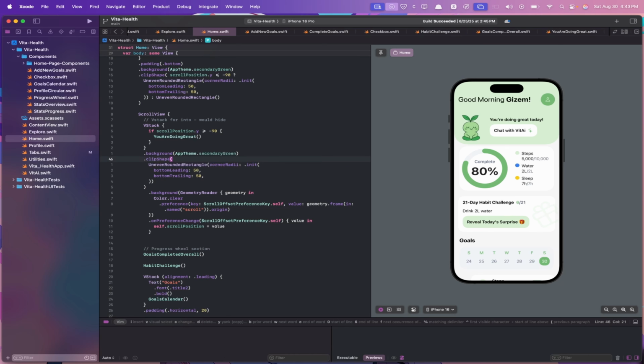Yeah, the geometry reader is on this clip shape, which is the uneven rounded rectangle of this. It's on this clip shape. So it targets where this clip shape is on the screen. So if I put one second here,